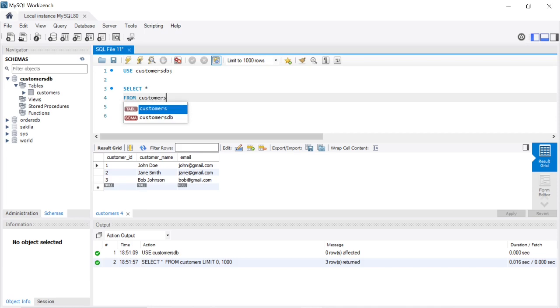It's always a good practice, whenever you're writing another command or syntax, to go to the next line. It creates tidy work. Your code is tidy, and someone can easily understand it. So: select all from customers